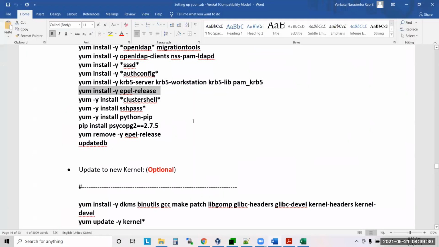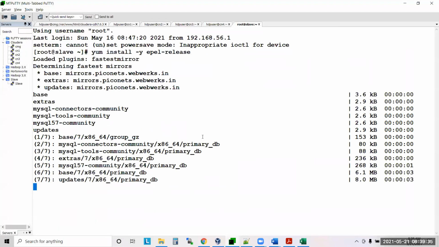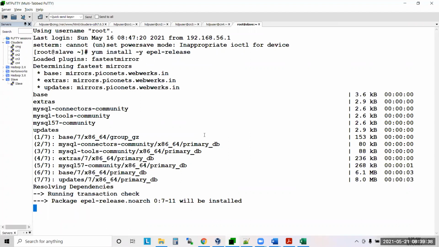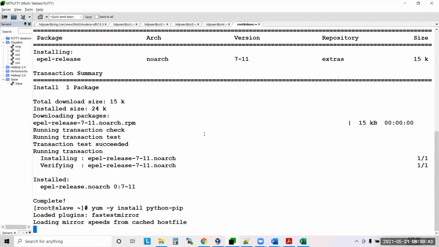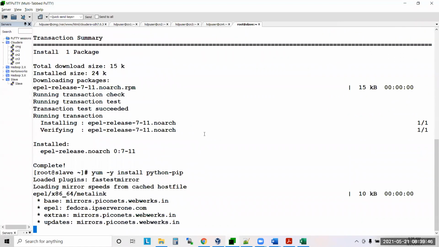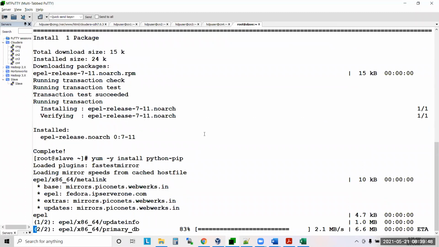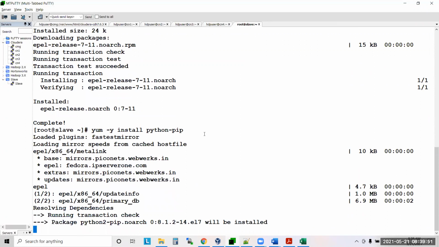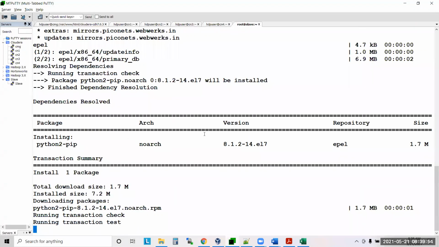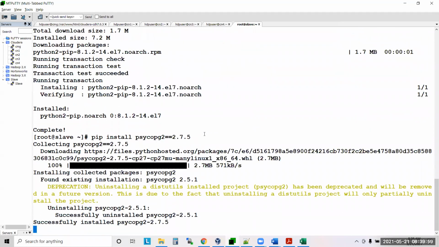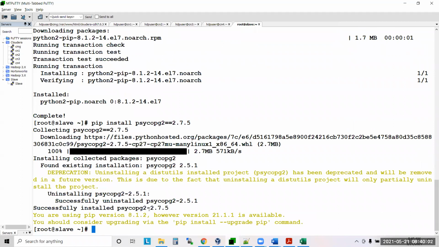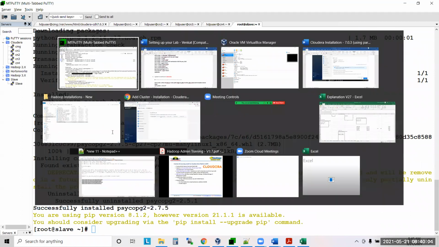These 2 are already done. These 2 commands. So successfully installed Python 2.7.5. Then you do this one.